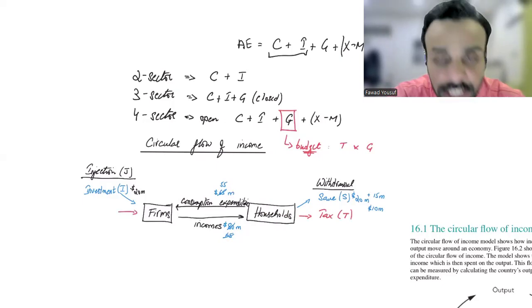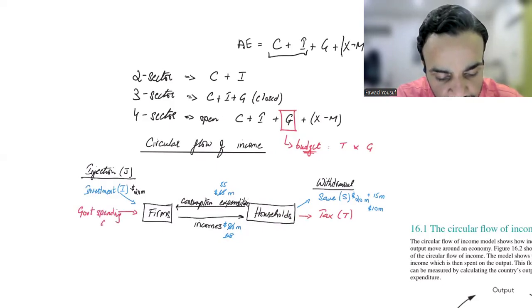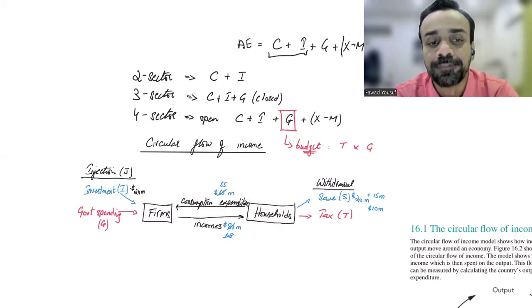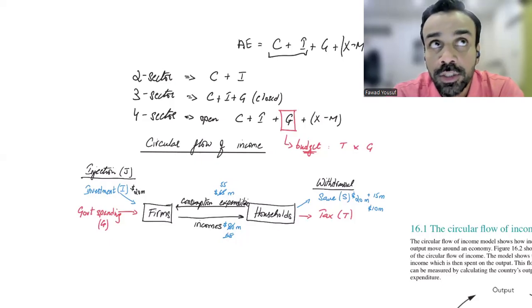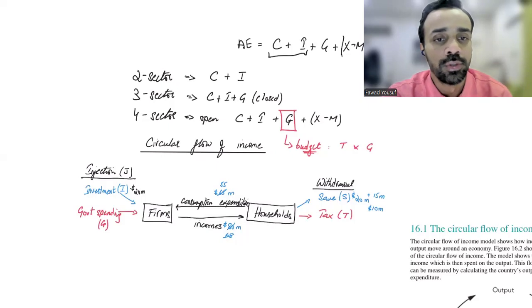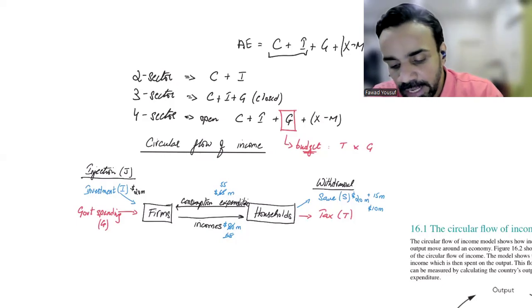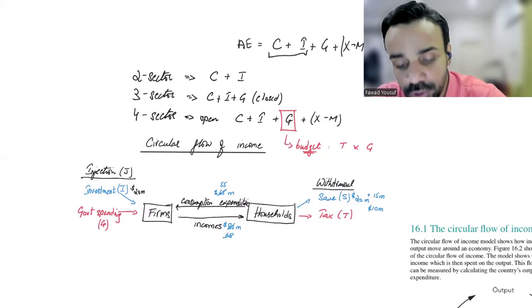But then government spends on public goods and merit goods and administrative expenses and all, and they do all of that spending and bring that money back into the system. Do you understand? Now it's a three-sector equilibrium. The money which went out as a result of savings and taxes is coming back into the system as investment and government spending. Okay? But then, fourth sector, open economy, international trade.